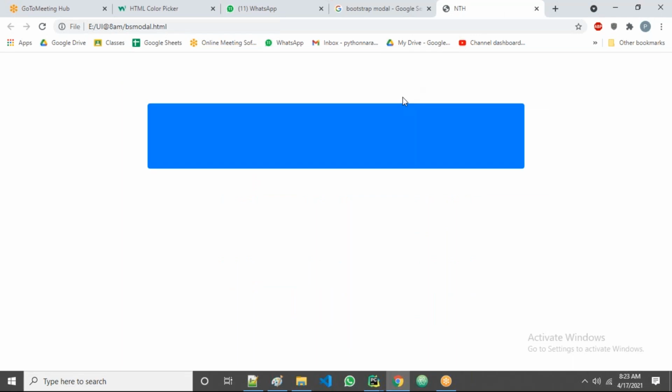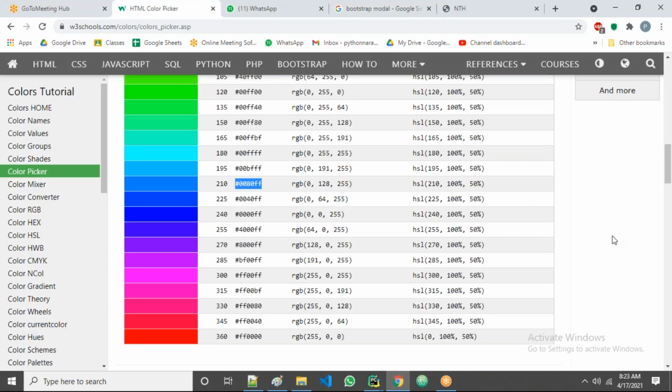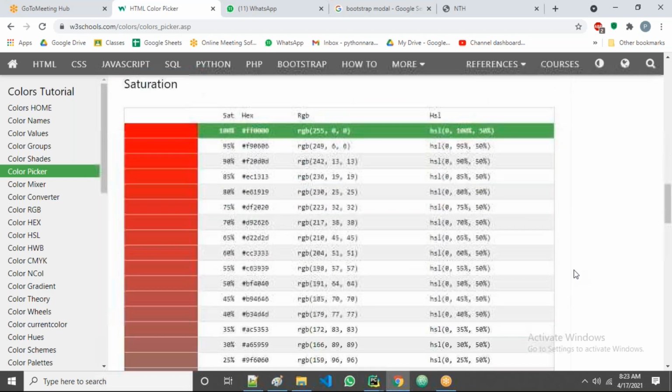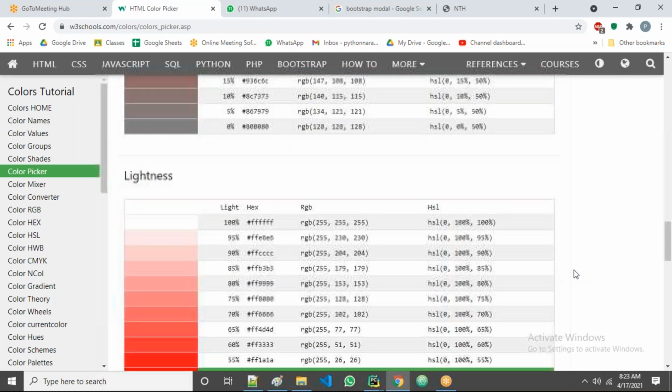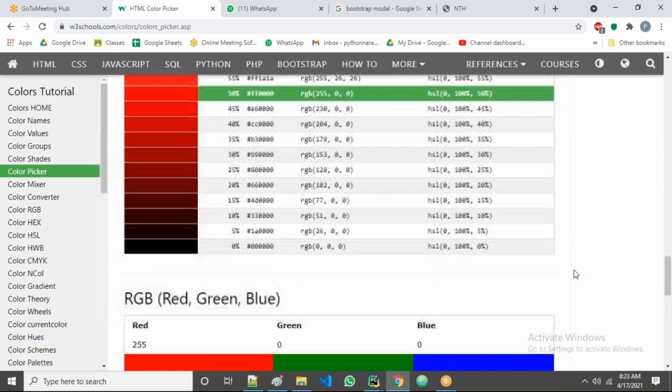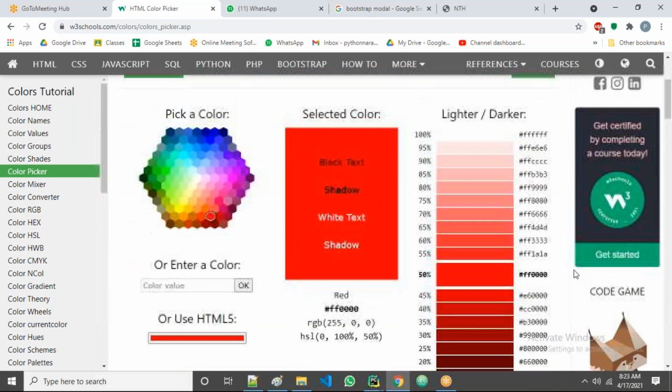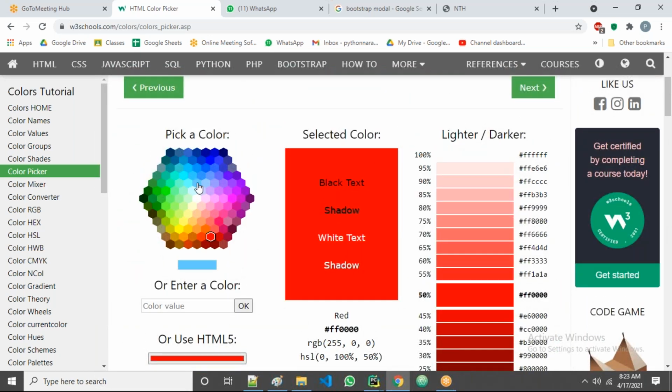Just refresh here. Yes, guys. Now all of you observe it here. So if you know the names, you can use the names directly. Otherwise, guys, if you're worried about these color names, or you want to take different colors, then go to the color picker like this. You can pick up whatever color you want. See, these are all colors, right? So a lot of colors are there. You can get from here also.